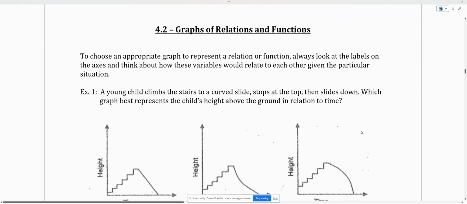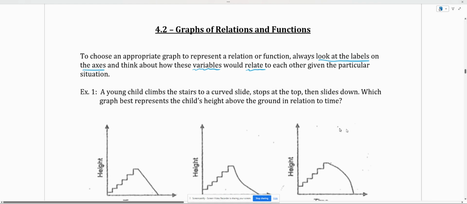We're going to be looking at a few examples here, a very short lesson actually, of just interpreting some graphs and whether or not they are relations or functions. So it's really important that we always look at the labels on our axes, the horizontal and the vertical, the up and down, and the left and right. We need to be verifying what the variables are and how they relate to one another